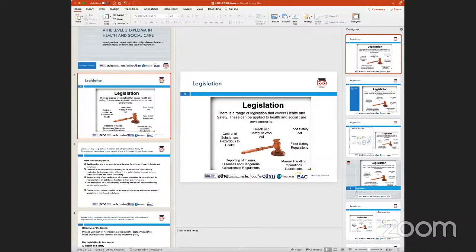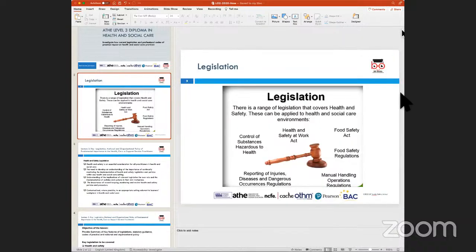So these are professional bodies which are responsible for creating what are called professional codes of practice, which are basically mirrored on the key bits of legislation introduced by the government. So when the government introduces legislation, the professional bodies are responsible for then incorporating the key bits of legislation into what is called a code of practice, guidelines, and obviously policies, which are then adhered to or implemented within any